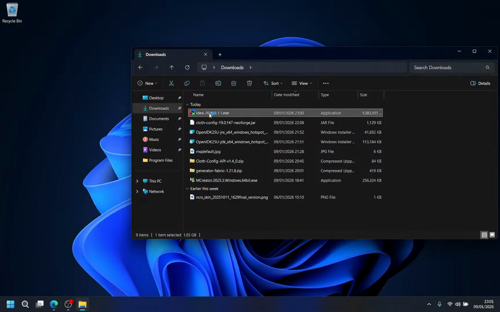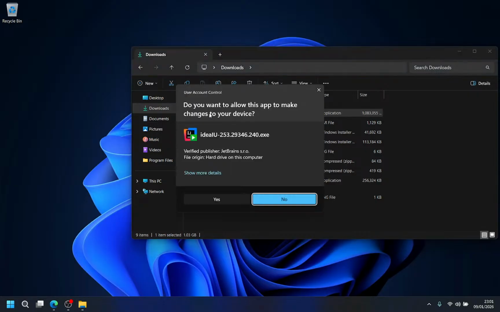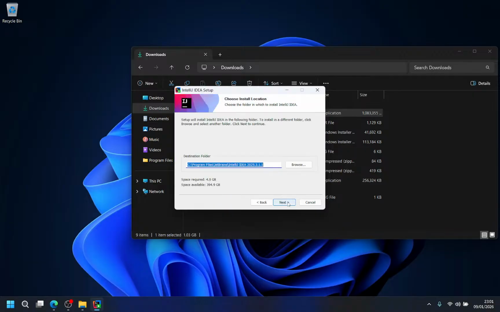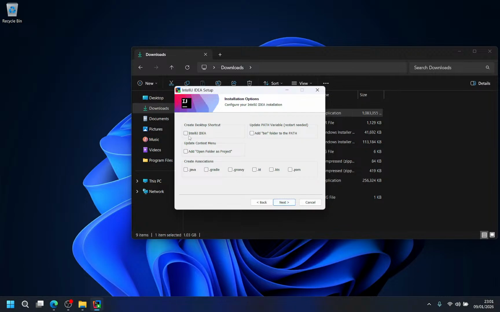It's not gonna take a bunch of time. Hopefully. Go. IDEA U. That's bad. Let's not create a desktop shortcut. Yeah, let's create all file associations and add the bin folder to the path.